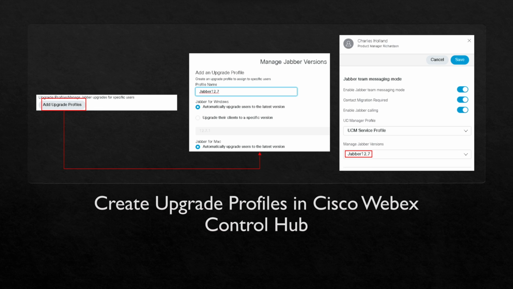12.9 will probably come out here pretty soon, and then the next one after that will probably be 14.0, because CUCM is going to upgrade to version 14. Jabber versions follow CUCM, and Cisco will skip version 13 because it's bad luck, right? So,